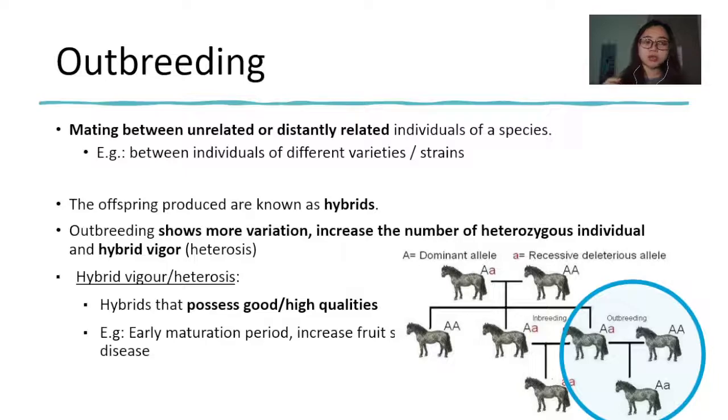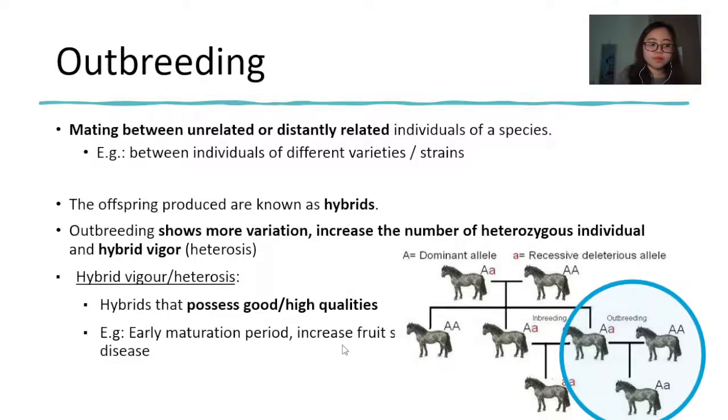So these are usually between individuals of different varieties or strains. The offspring produced from outbreeding are also known as hybrids. Outbreeding will show more variation, increase the number of heterozygous individuals, and also show hybrid vigor or heterosis. Hybrid vigor or heterosis is when the hybrids possess good or high quality traits, such as early maturation period and